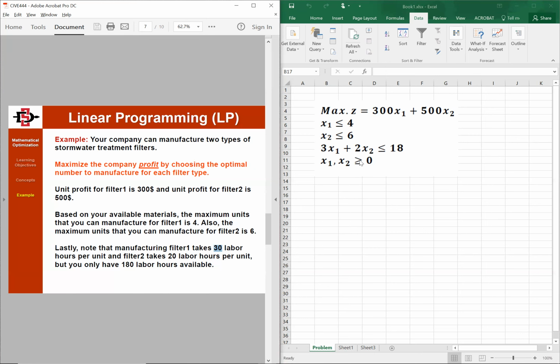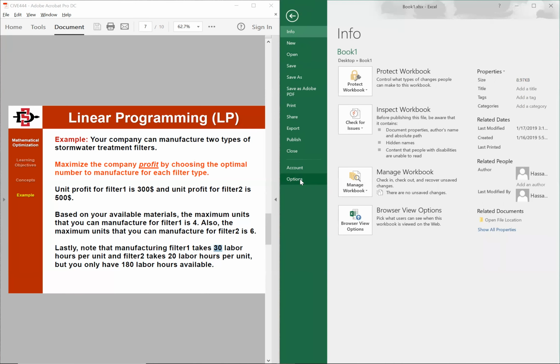We showed you in the lecture how to manually solve this. Now we want to do it in Excel. So first step, go to File, go to Options,